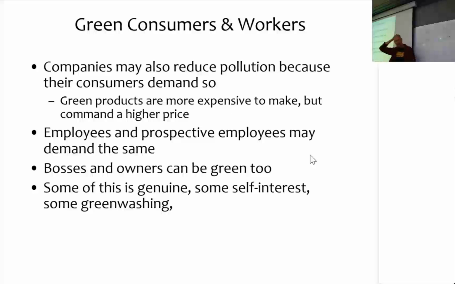Facebook is one of the more recent examples, right, where this happens. The third market in which a company operates is the capital market, right? And sometimes it is just the CEO who is very green. And we've seen examples at Ford Motor Company, we've seen examples at Unilever of just the CEO driving the environmental agenda. More often, it is the share owners of the company who say, you need to clean up your mess,